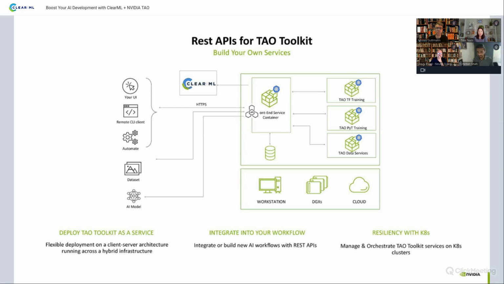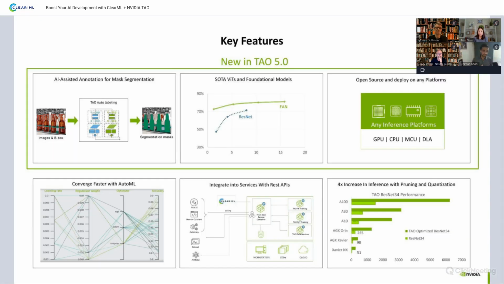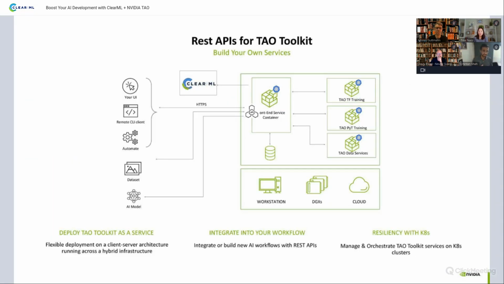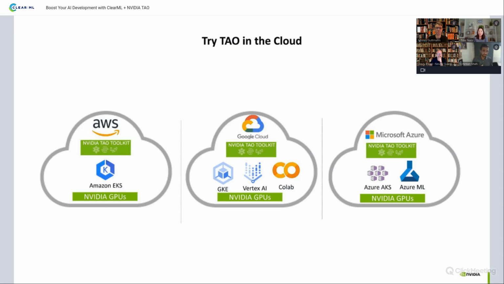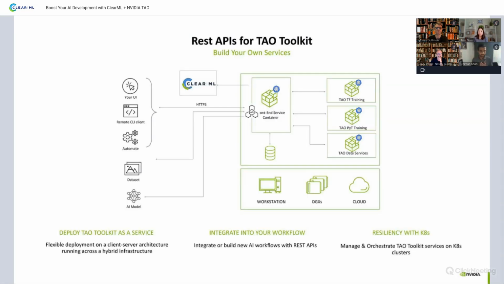So moving on, one of the key things that we have for TAO is the idea that you can take TAO, deploy it as a service in a Kubernetes cluster, and connect to it using HTTP requests.